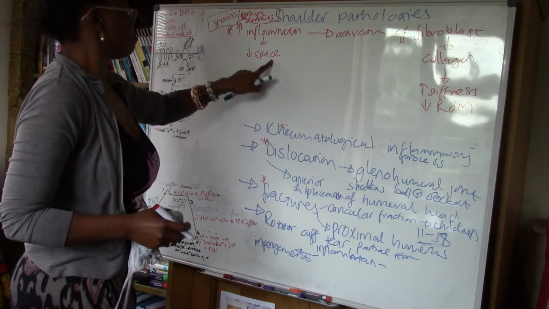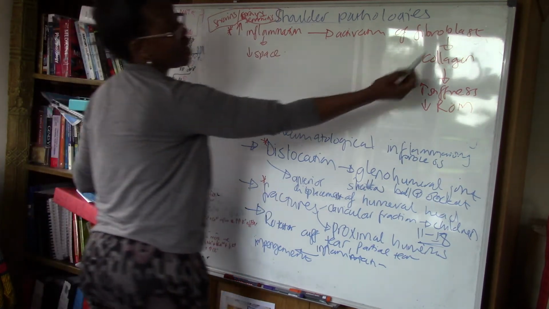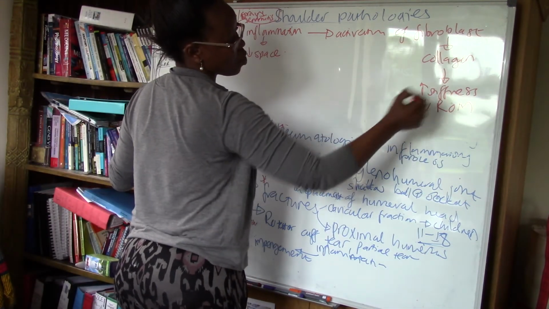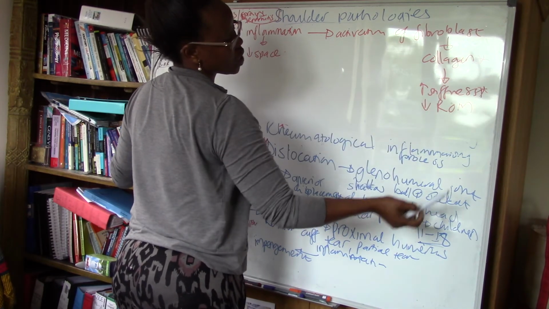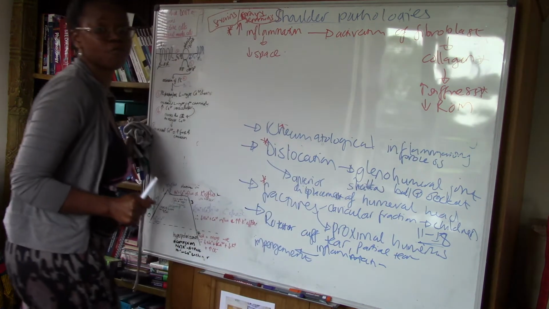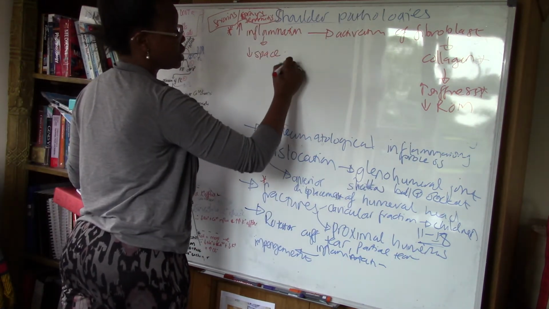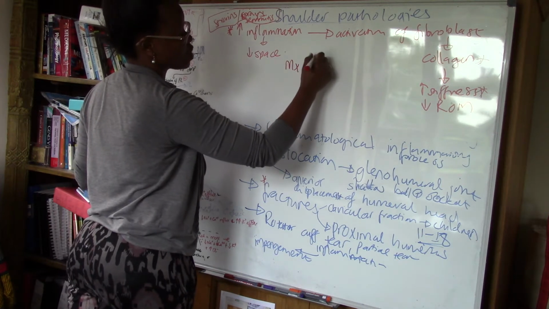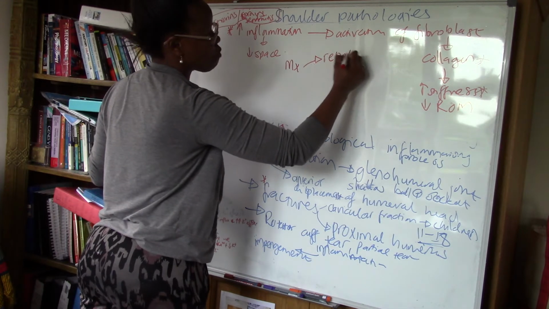So while inflammation will reduce space, its healing also has problems in the sense that it introduces collagen, which then increases stiffness and reduces range of movements. So really most of shoulder pathologies, the management has to involve rehab to restore function,